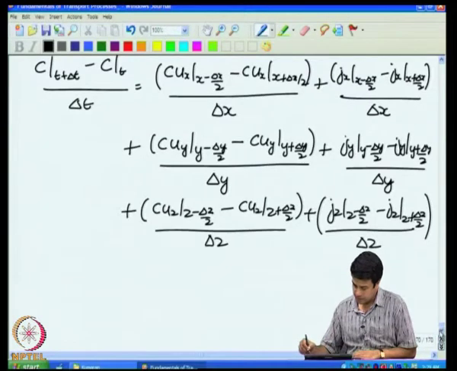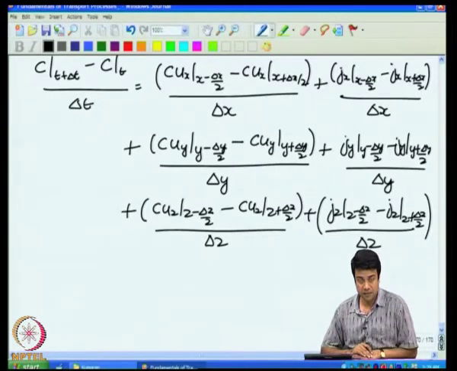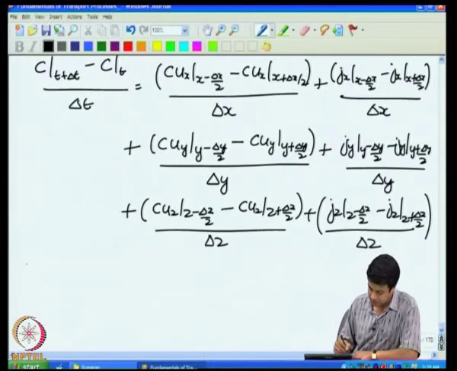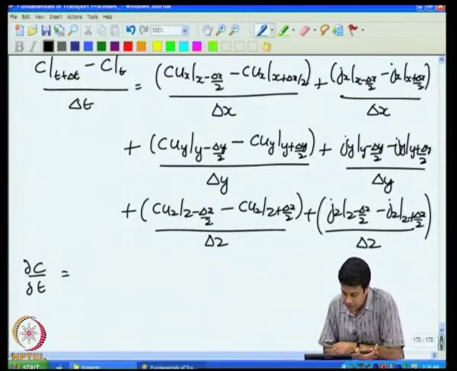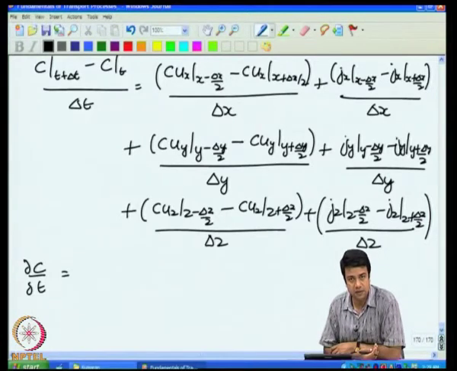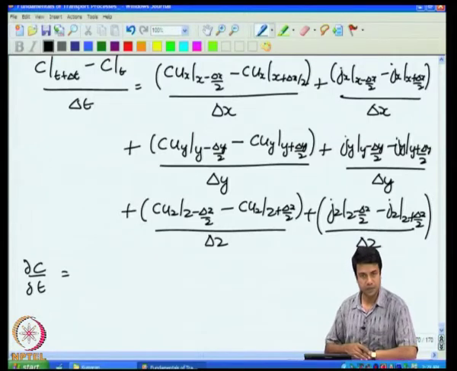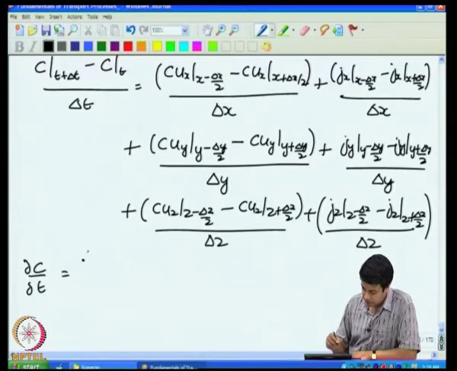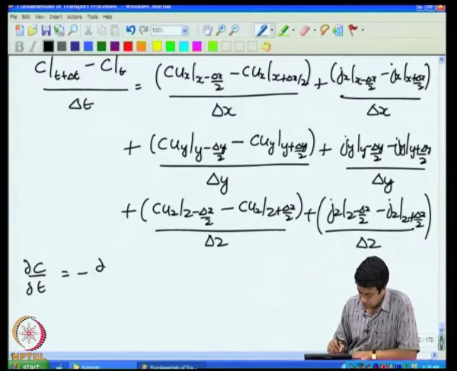So, now this is the final expression, and now if I take the limit delta x, delta y, delta z and delta t going to 0, okay, you can see that the left hand side is just dc by dt. Okay. On the right hand side, the first term is C u x at x minus delta x by 2 minus C u x at x plus delta x by 2 divided by delta x. Okay. So, therefore, this term is negative of d by dx of C u x,